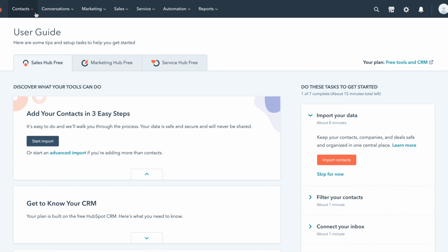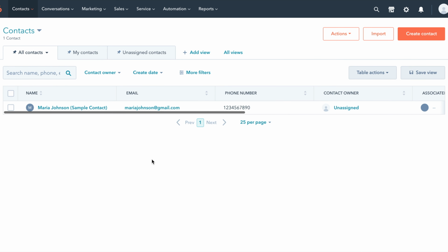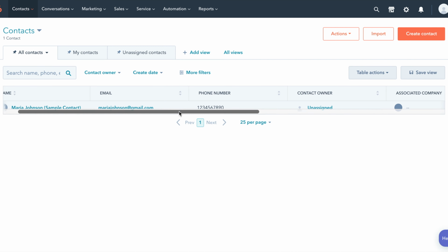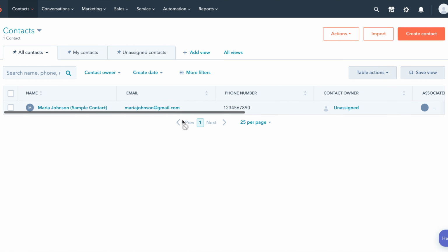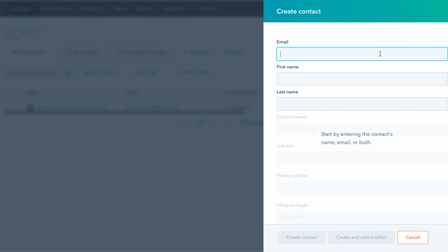So the first thing you want to do is go to the top left corner, click contacts, and then it's going to bring you to a page where you can view all your contacts, where they have the emails, their phone numbers, any of their details, and there's also a date. And if you want to create a contact, you go to the top right here,